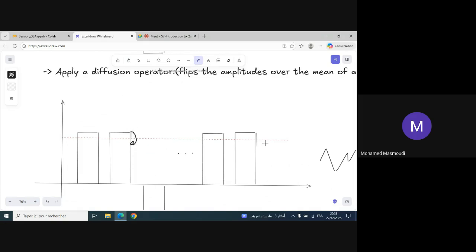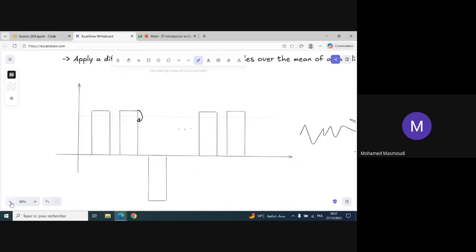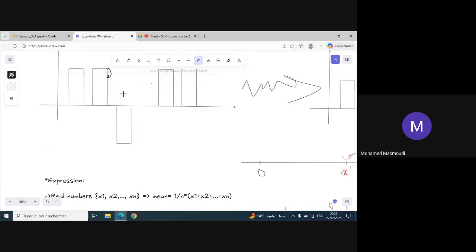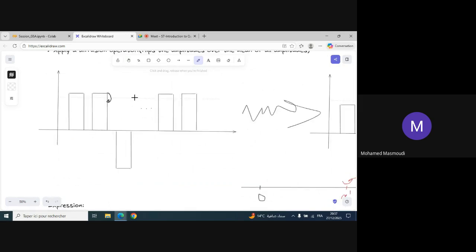You can see it as a symmetry alongside this line, a symmetry of the values contained in the plot alongside this red line, which is the mean of all values. So for the unmarked elements, these values will become right here, and for the marked element, which thanks to the phase flip oracle became right here, under the reflection line, or under the mean of all values line,